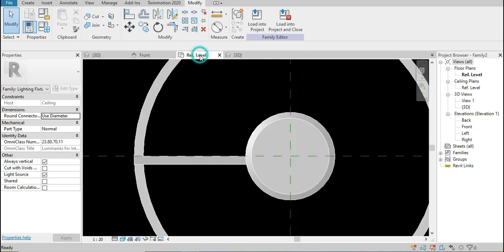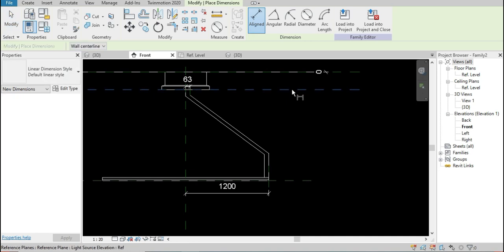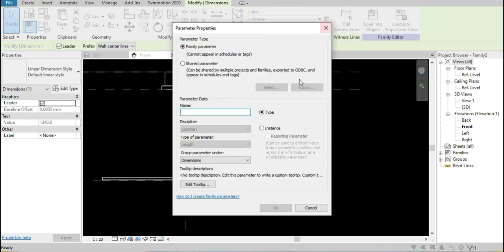So our family is ready. What we do is apply one height parameter to this light, so when we change the pendant height, it will act like a parametric family. So we'll select instance parameter, pendant height, dimensions.